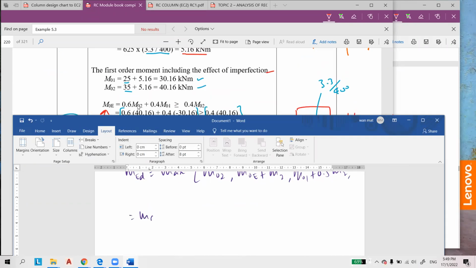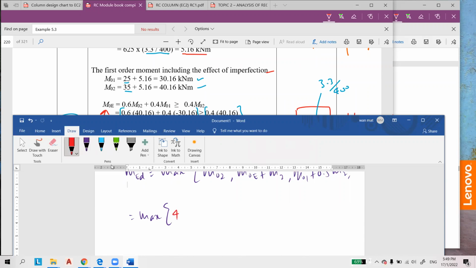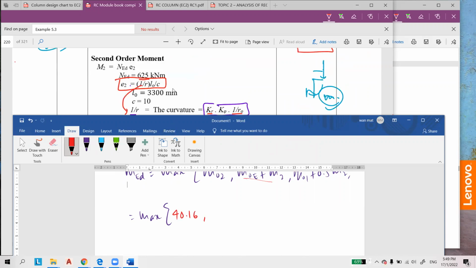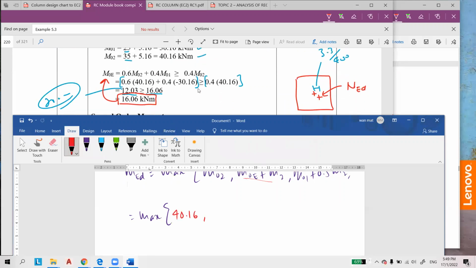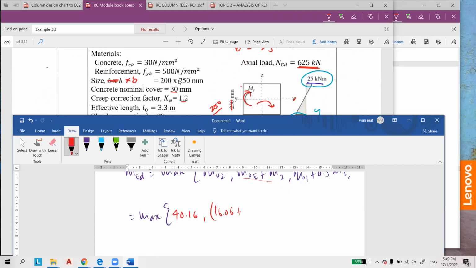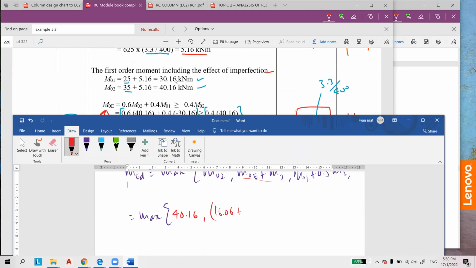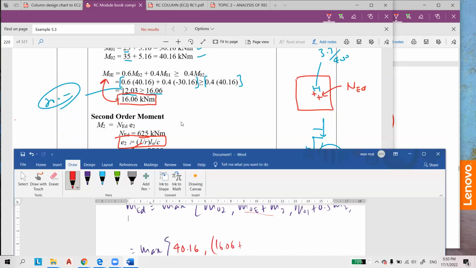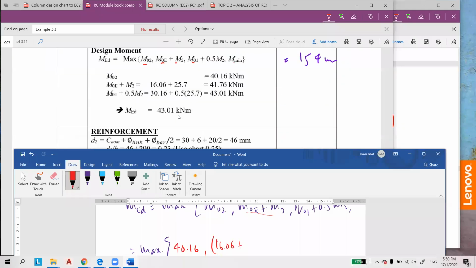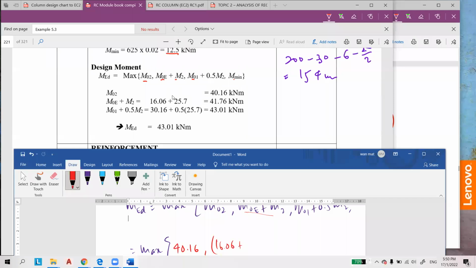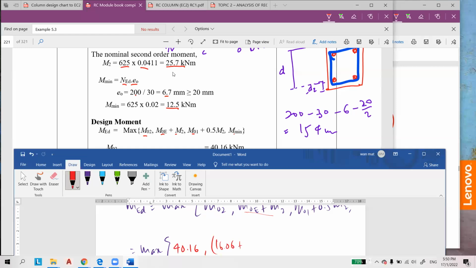So we select the maximum between 40.16 and then M0E plus M2. M0E plus M2 is equal to M0E is 16.06 plus our M2 is equal to, where is our M2? 25.7. This is M2, okay, 25.7,